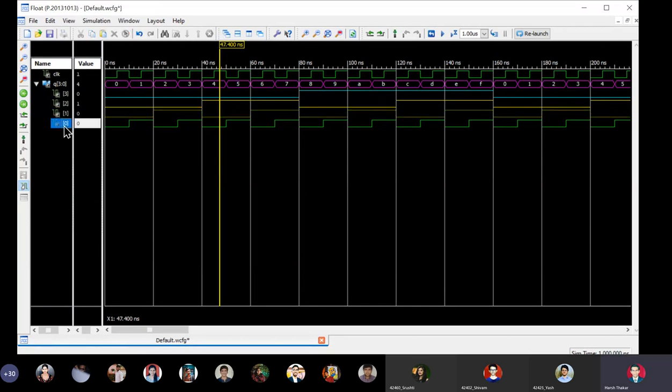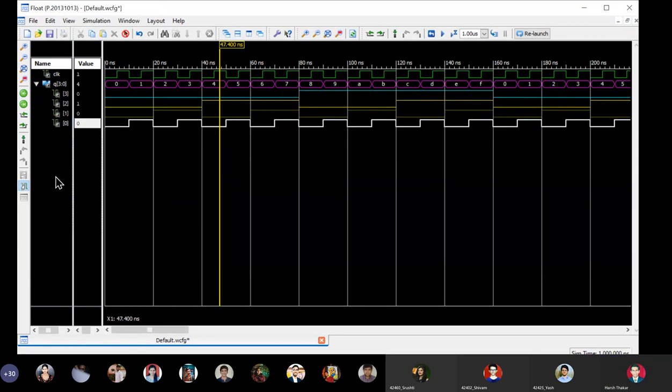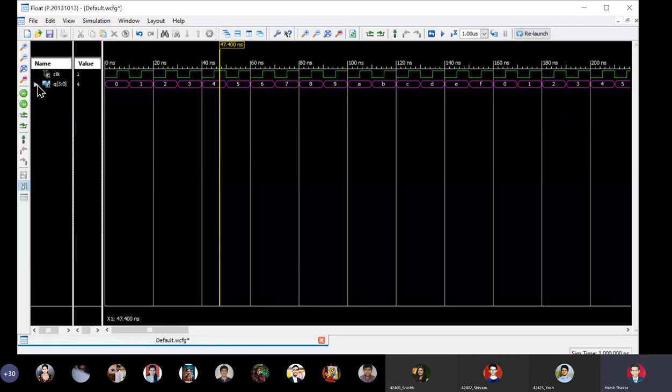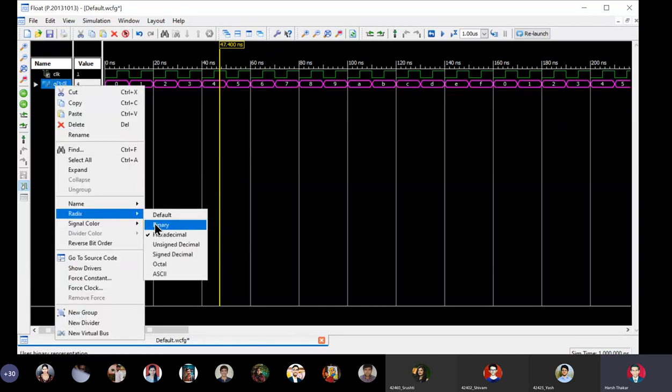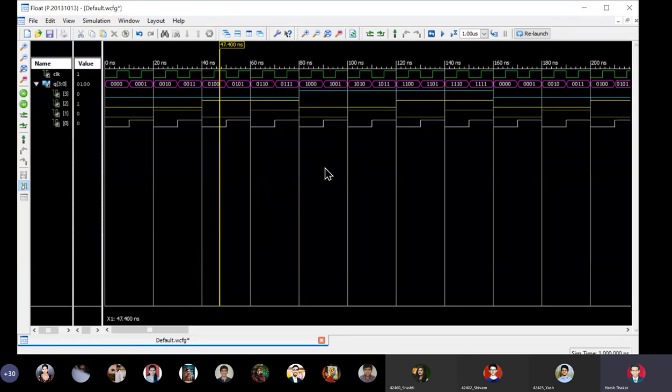Green. Let's say white. Okay, that's it. So this is how it is. You can either visualize like this, and you can again change the radix to default, and we can have it like this. Okay, so this was our plain counter.